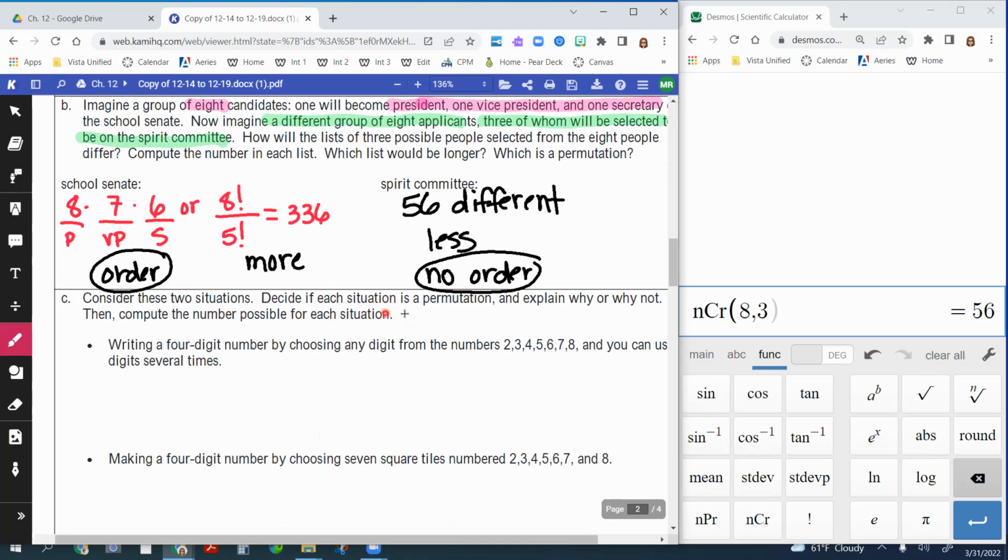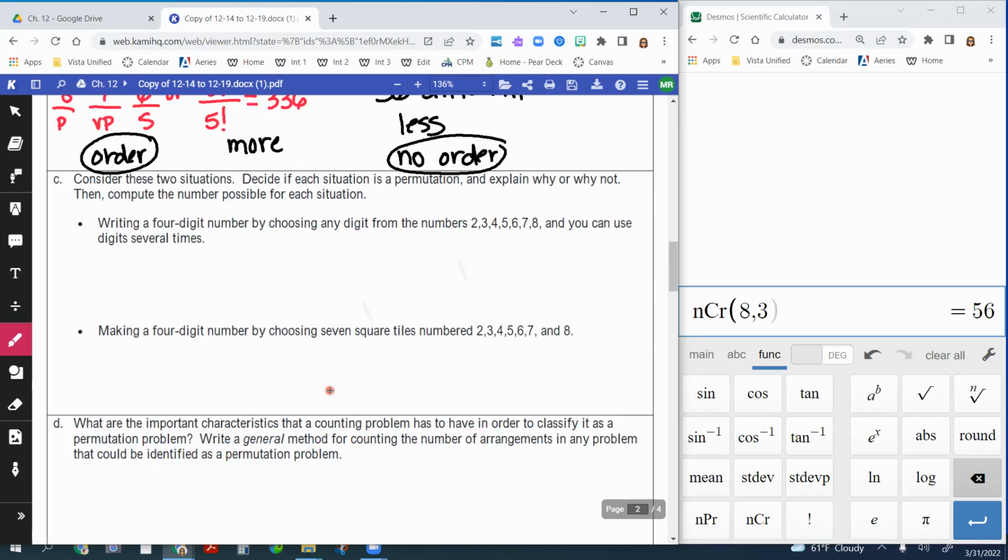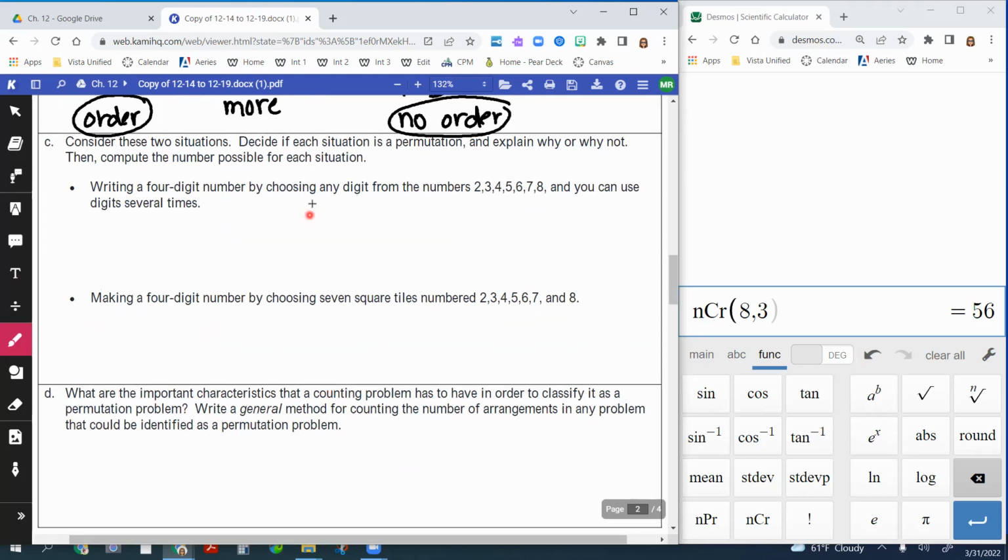Consider these 2 situations. The side of each situation is a permutation. Explain why or why not. Then compute the number possible for each situation. So on this one, writing a 4-digit number by choosing any digits from the numbers 2, 3, 4, 5, 6, 7, 8. So we've got 1, 2, 3, 4, 5, 6, 7. That's 7 different numbers there. And you can use digits several times. So this one's going to be not a permutation. It does have order, which is part of a permutation. It has order,